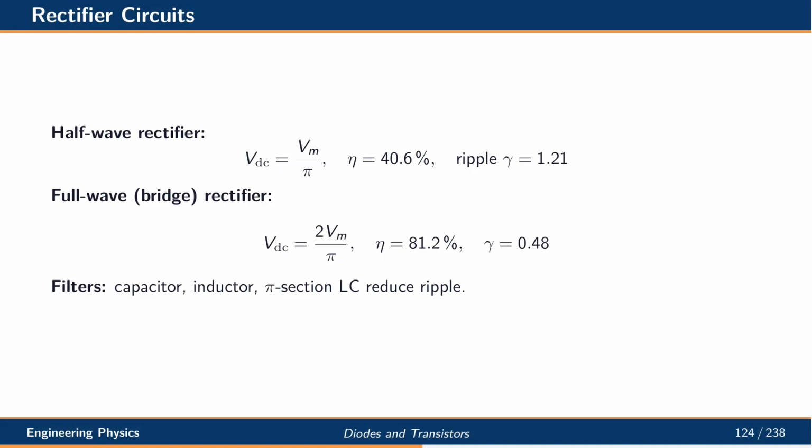Rectifiers convert AC to DC. A half-wave rectifier uses one diode, has an output of Vm over pi, an efficiency of about 40%, and high ripple. A full-wave bridge rectifier uses 4 diodes, doubles the output, raises efficiency to about 80%, and reduces ripple. Filters such as capacitors, inductors, or pi-section LC networks smooth the output further. These circuits form the front end of